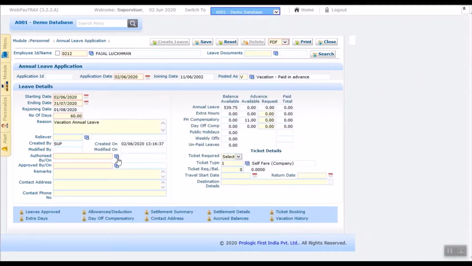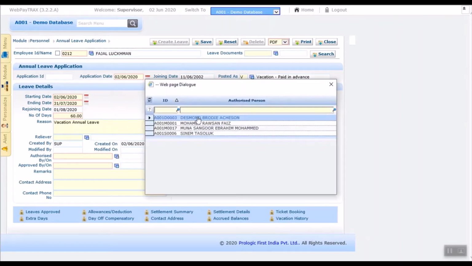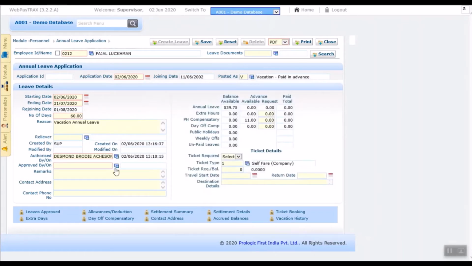And here the option to authorize by and approve, because electronic approval is not enabled in this version, this demo. Otherwise, if electronic approval is enabled, once you save this document, it goes to the particular approver for approval. Now we are approving it manually. Select the authorized by and approved by. And further, you can give remarks, contact address, phone number, etc. And also here there is an option whether you are providing a ticket or not. For the time being, we say we are not providing a ticket for this employee, so we say no,